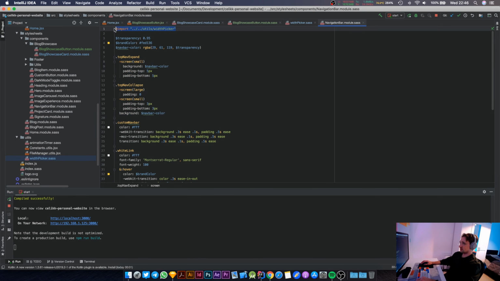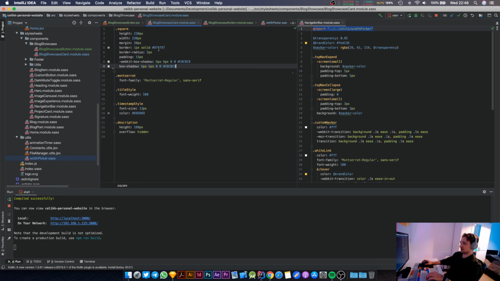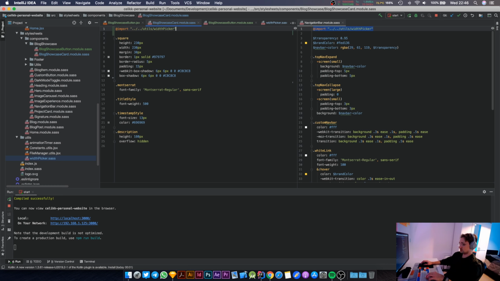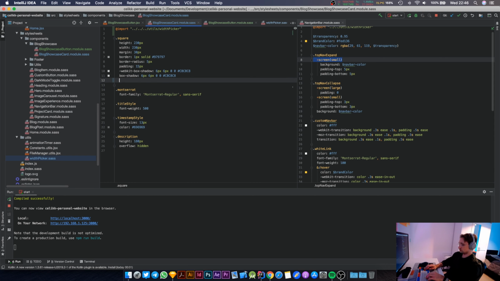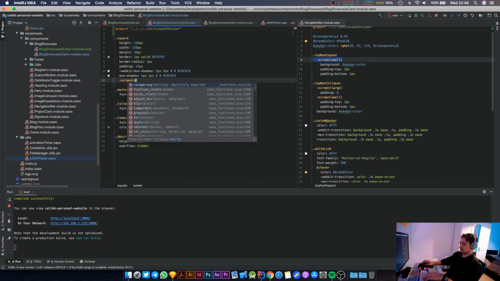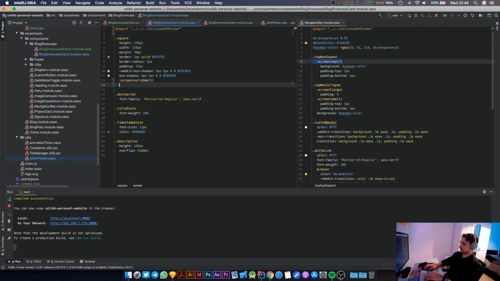That's it. So we have to import the width picker. Let's split this vertically. Let's just keep that in there. And not the card. Yeah, the cards. The cards are going to change. And I think we're going to go one more. Yeah. Okay, we are importing the mixins now. And if the screen size is small, then do that. Okay. All right. And if the screen size is extra small, then